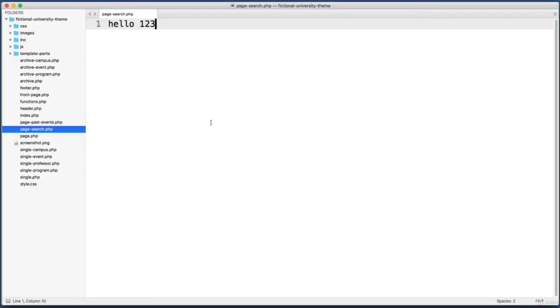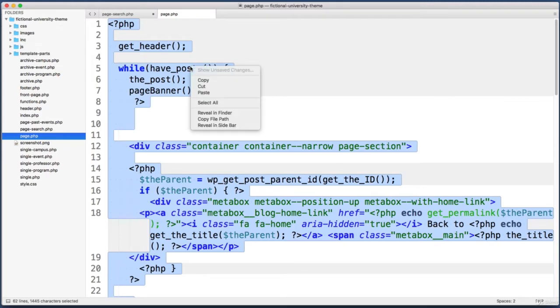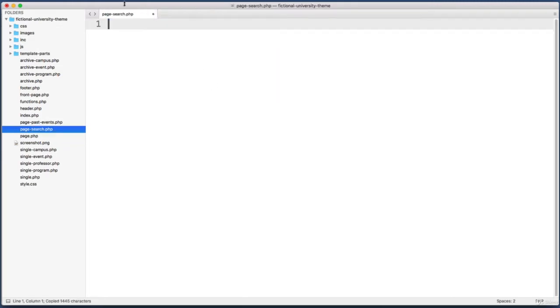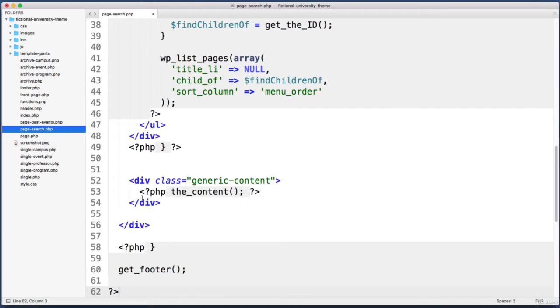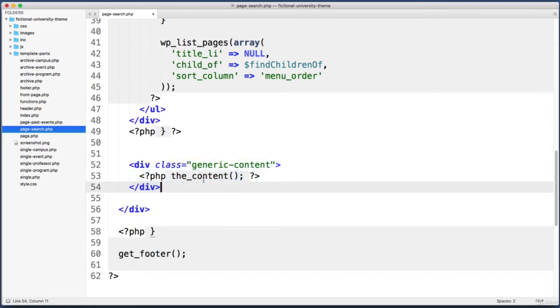Now obviously this is not what we actually want, so instead of that, why don't we just copy and paste the contents from the generic page.php file and then just modify it as needed. So within page, I'm going to copy everything into my clipboard, and then back in page-search, paste it in. Okay, and then down towards the very bottom of this, I'm interested in this div generic content area, where at